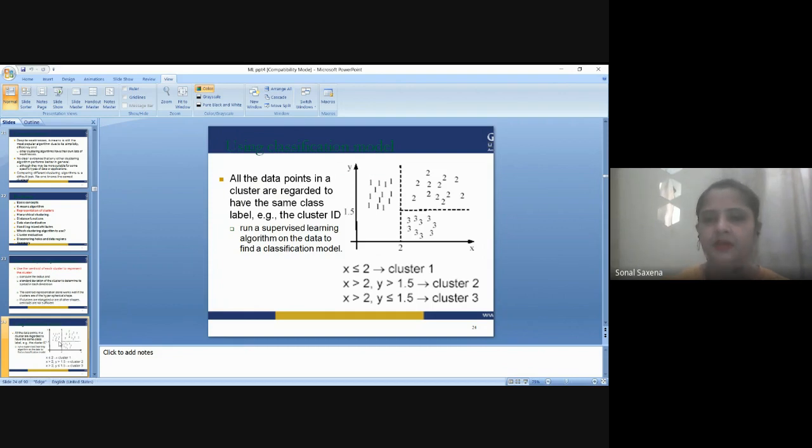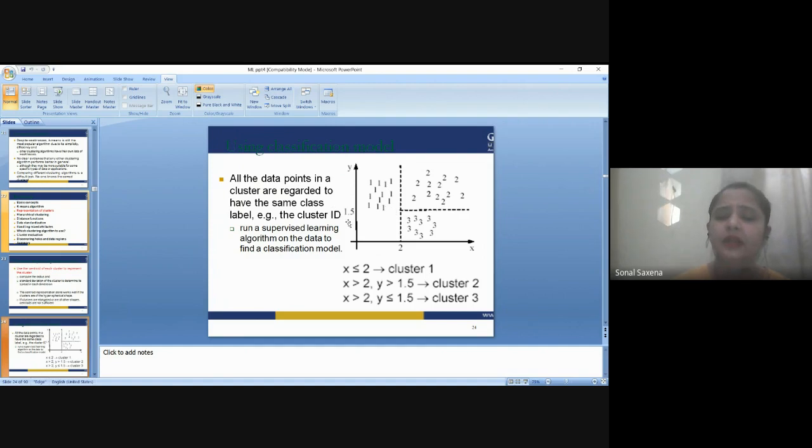As you can see here in the diagram, all the values are 1 1 1 1 1. So obviously, if X has a value less than 2, it could be 1, it could be 0, it could be a negative integer. So anything which is less than 2 will be of cluster 1. Then we have set another parameter: if my value of X is greater than 2, in that case I'll put them in cluster number 2.